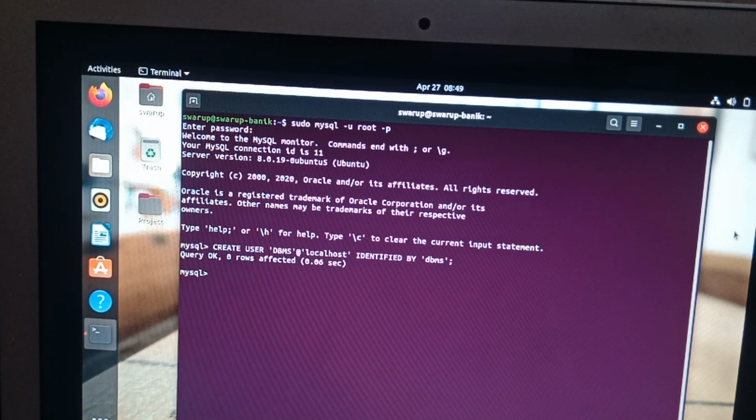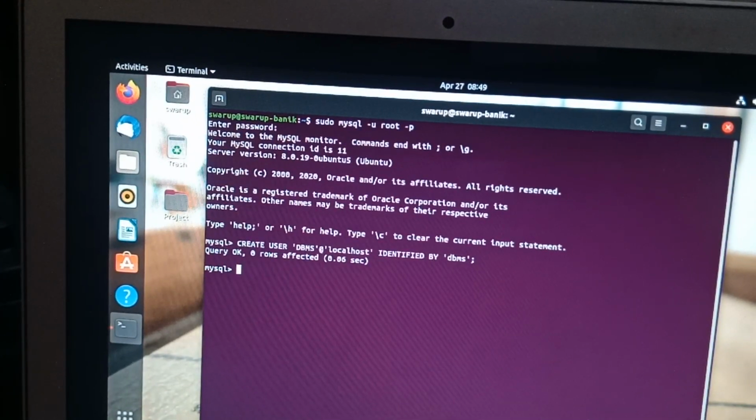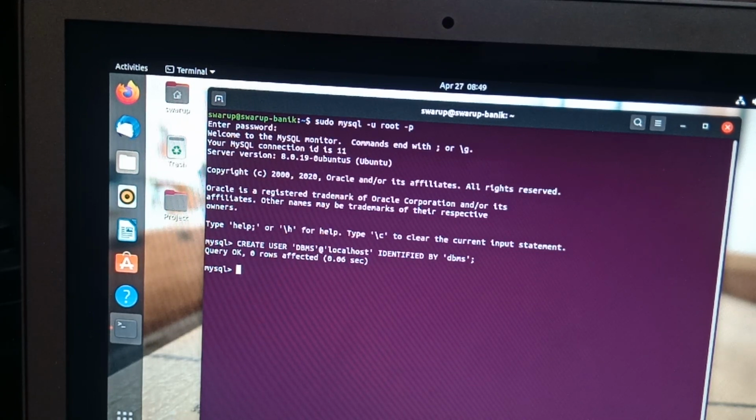Now we have to grant privileges so that it can be used for full SQL. We can grant privileges of two types: we can grant privileges for everything, or we can grant specific privileges. I'm granting privileges for everything.